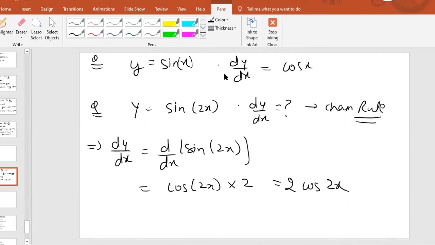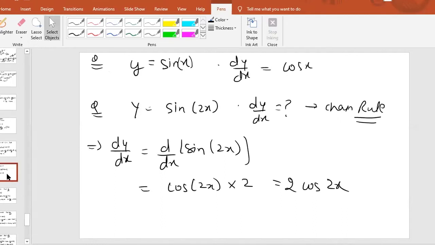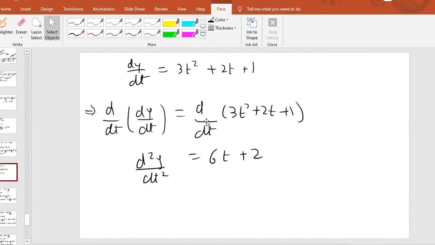I'll again repeat it. If you look at this first case, y equal to sine x, differentiation of y with respect to x, inside the sine we have x, and we are differentiating with x. So the answer is cos x. That is simple. Now, whatever examples of differentiation we have taken up to now, everywhere I have taken this